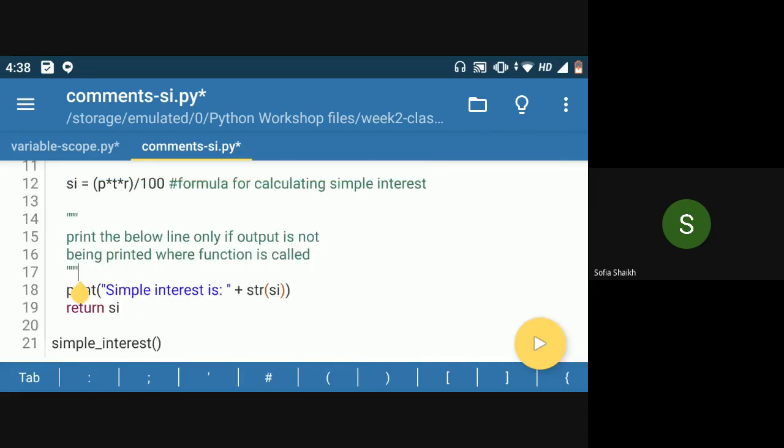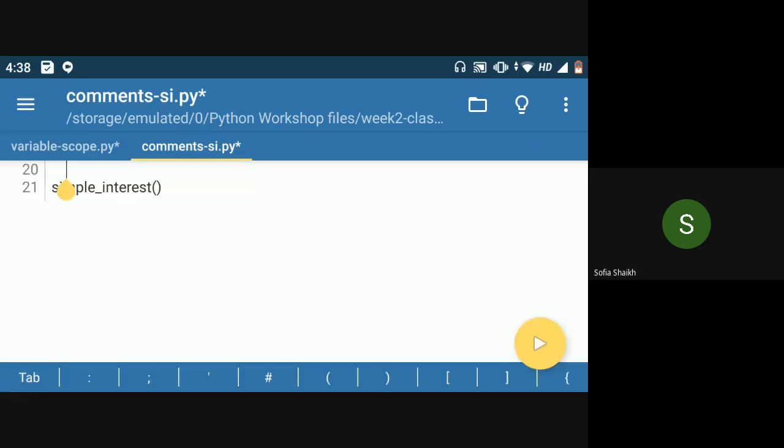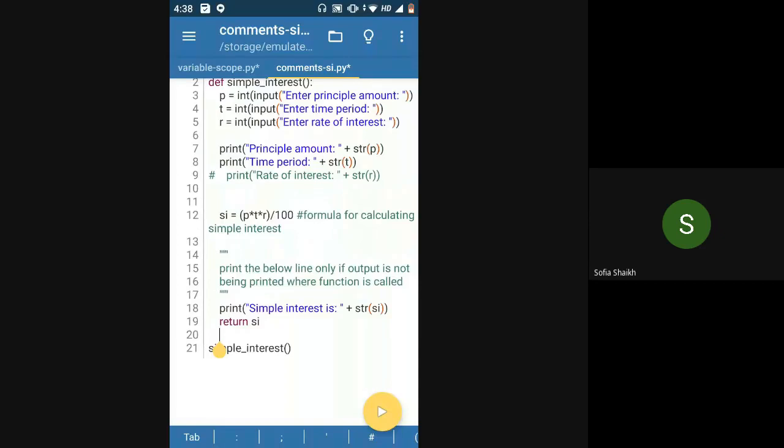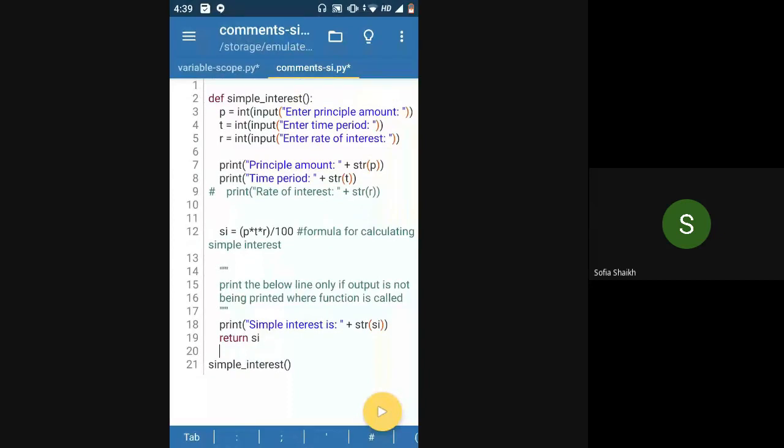What it says is print the below line only if output is not being printed where function is called, which is basically it is telling the user or whoever is going to use this code, that you use this line number 18 only if simple interest is not getting printed anywhere else. If simple interest is printed outside the function somewhere, then don't use this line. So this is a multi-line comment because it is taking two lines, right?